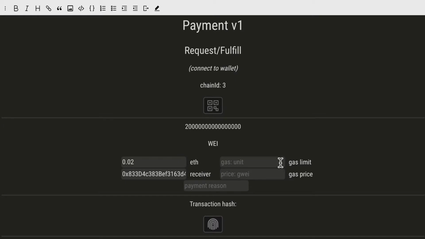We can set a suggested gas limit amount, 35,000, and a suggested gas price in Gwei. And we can set a payment reason. Now, if we click this QR code button,